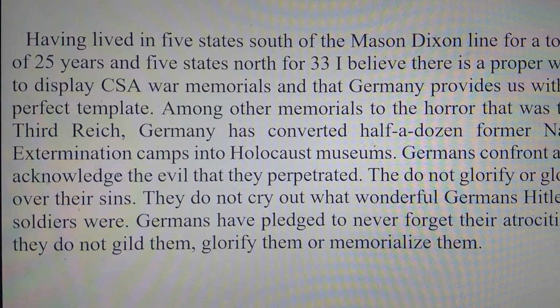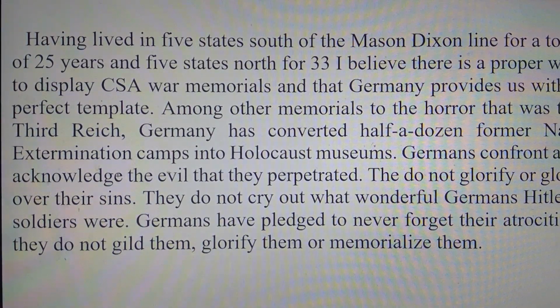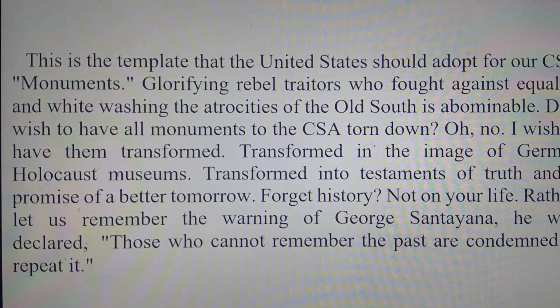They do not glorify or gloss over their sins. They do not cry out what wonderful Germans Hitler's soldiers were. Germans have pledged to never forget their atrocities. They do not gild them, glorify them, or memorialize them. This is the template that the United States should adopt for our CSA monuments, glorifying rebel traitors who fought against